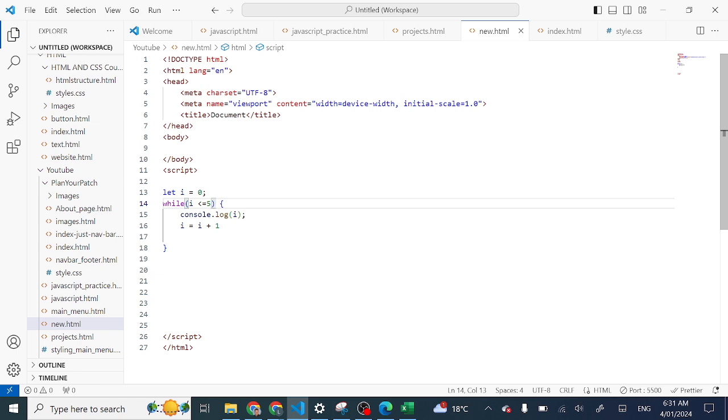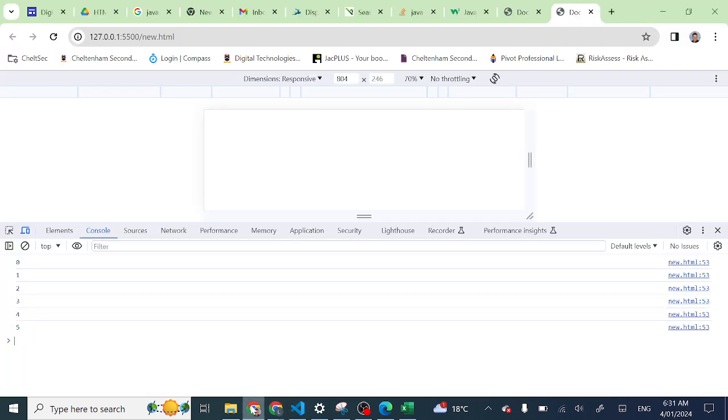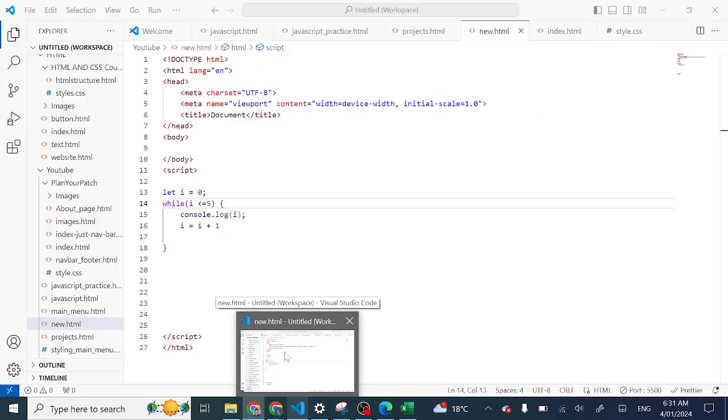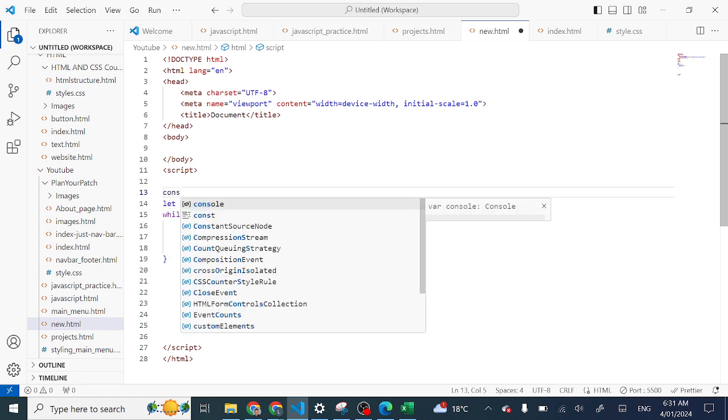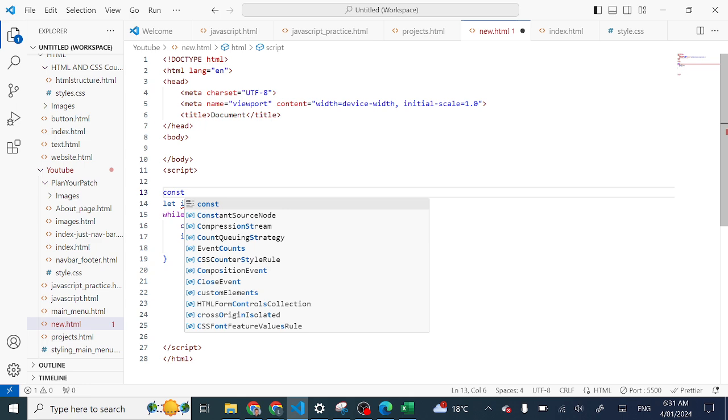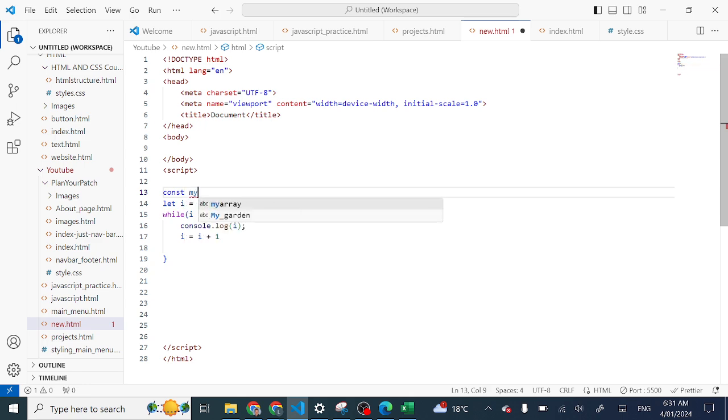So if we run it now on your loop, you're going to get 0, 1, 2, 3, 4, 5. Now you can see that in itself is not very useful, but when we combine it with array values, for example, if we want to create an array, and let's say we want my array again,